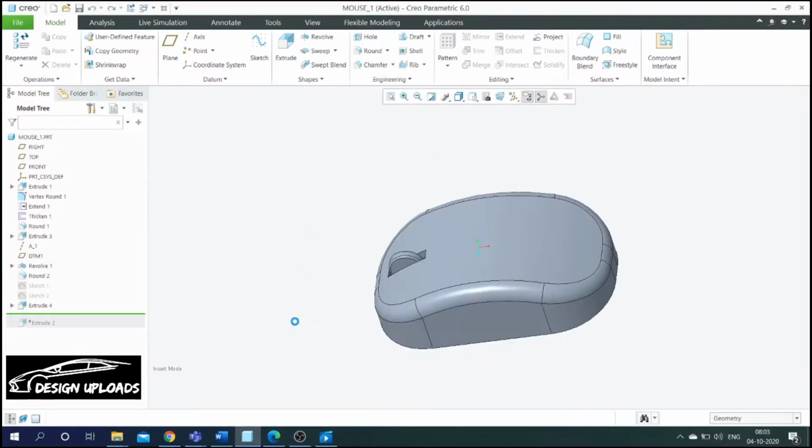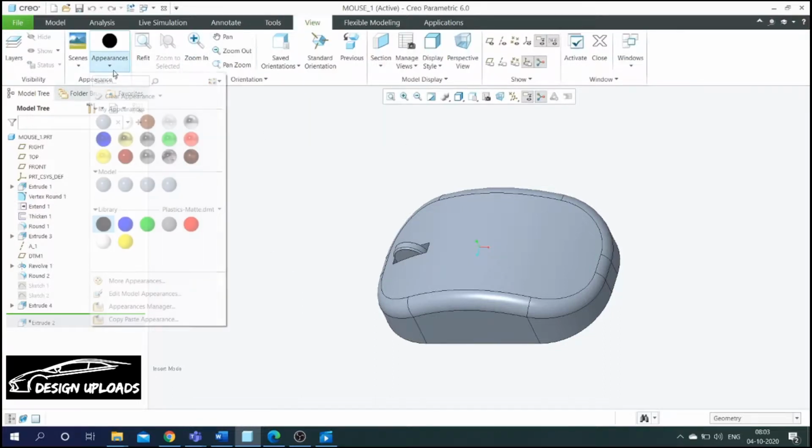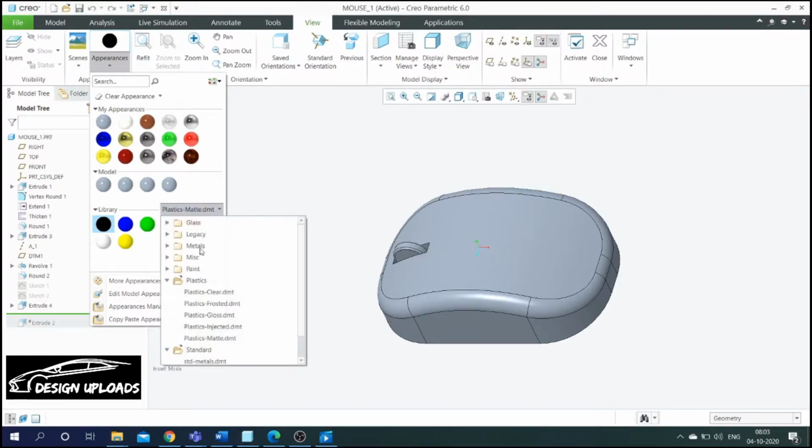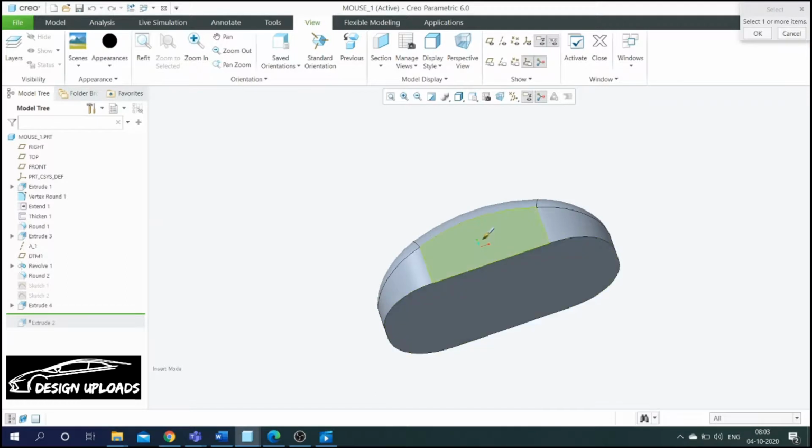Therefore the mouse has been formed. We are going to add appearance to the mouse. For that, go to view option, select appearance, go to library and select the plastic, select the plastic matte, and select the black color. I'm going to apply black color. By selecting the surfaces, by pressing the control key continuously, we can apply the black color wherever it's needed.